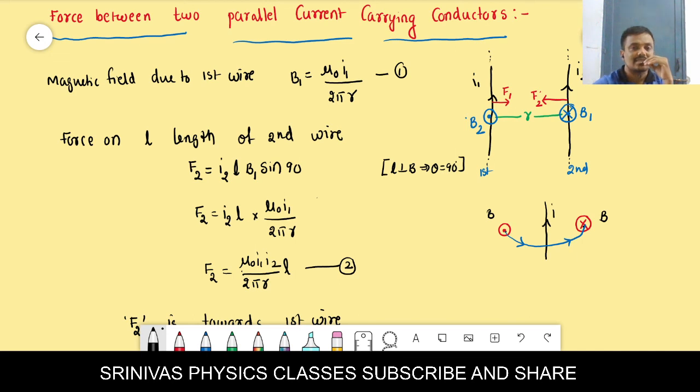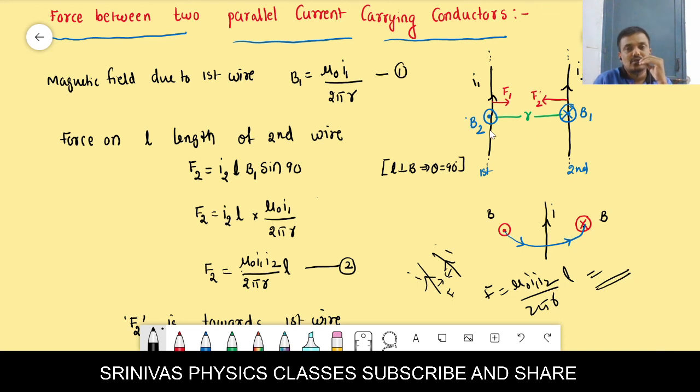The force will act. You see here, there are two wires carrying the same current. Even though they are attracted to each other with some force, the force formula is mu naught I1 I2 by 2 pi r times L. Here I1 is I, I2 is I, right? But there is a force. That force is attraction force. Due to attraction force, there is a chance to move. Yes or no?